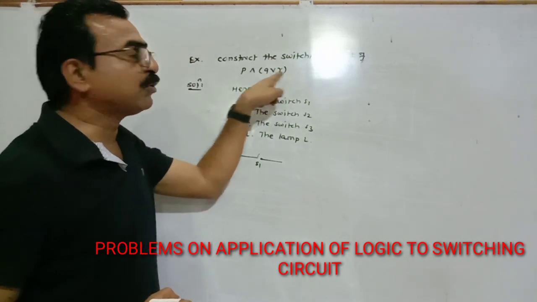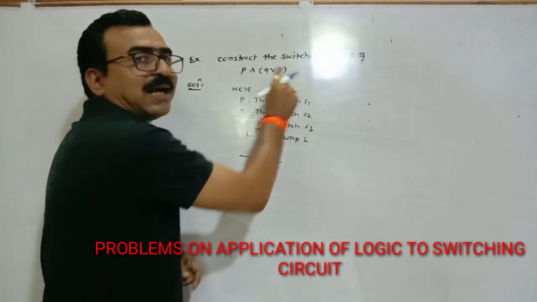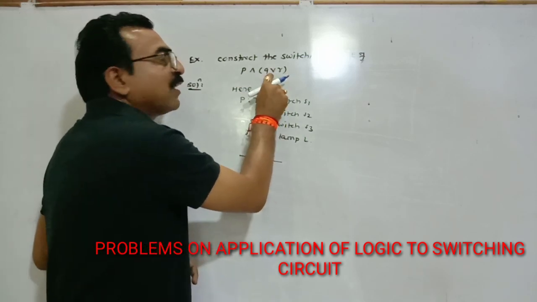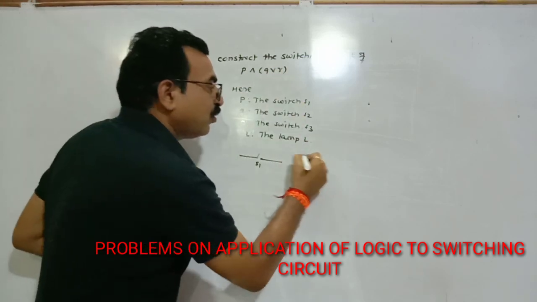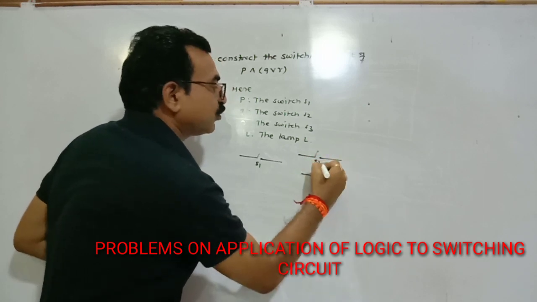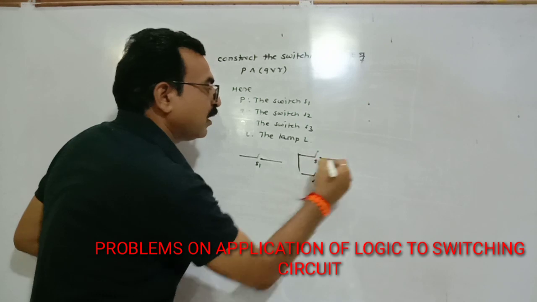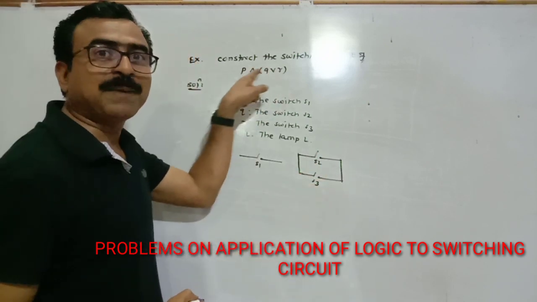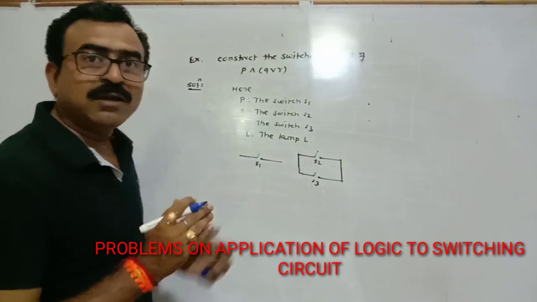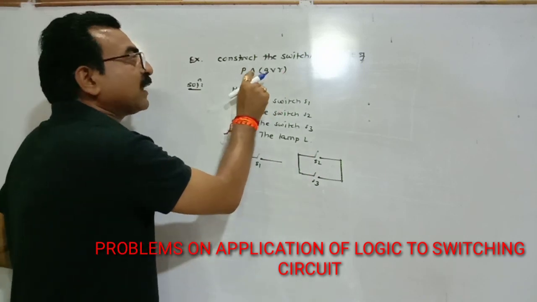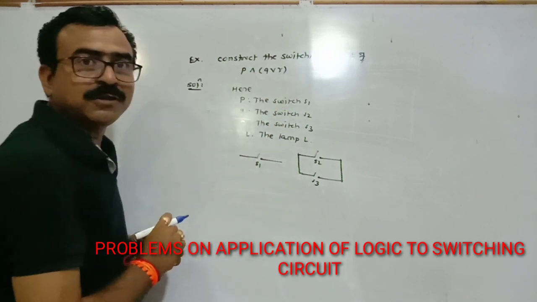In this simple bracket two switches are given, that is Q and R, meaning S2 and S3, and these two switches are connected in parallel. So plot two switches S2 and S3, and they are present in a parallel combination. Okay, now again read the statement pattern: P conjunction this bracket.